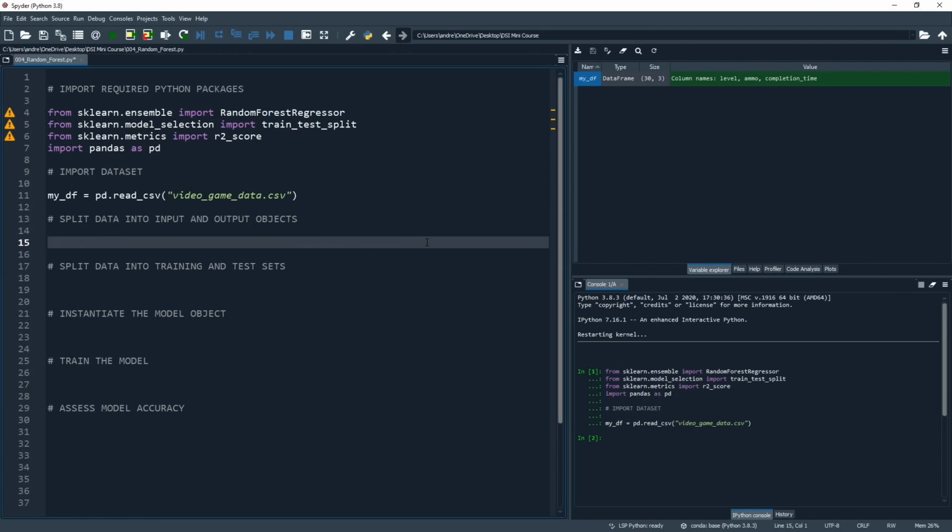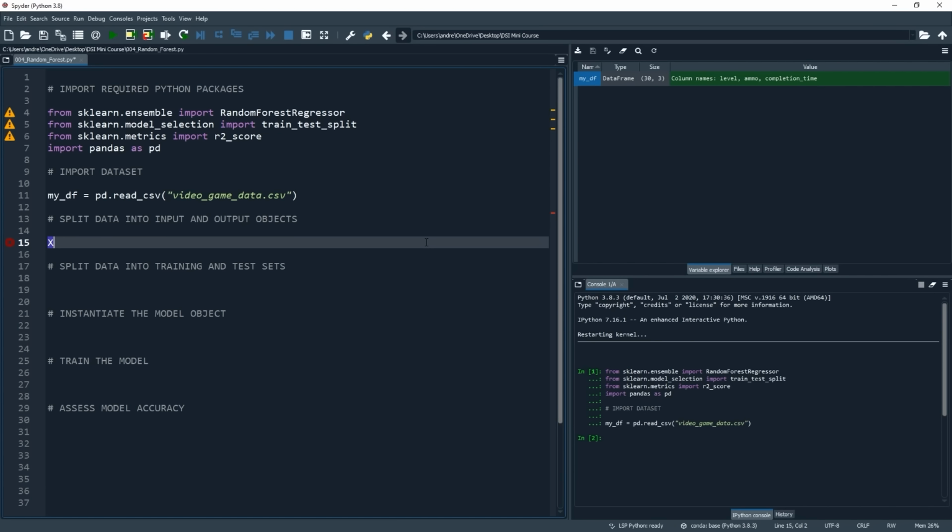Now, the aim of this approach is to understand relationships between input variables and the output variable. Scikit-learn requires us to separate out the inputs from the output and have them stored as two separate objects. It's a common approach to label these objects uppercase X and lowercase y, and you'll see this again and again the more you use scikit-learn, as virtually every model that you'll build will work in this same way.